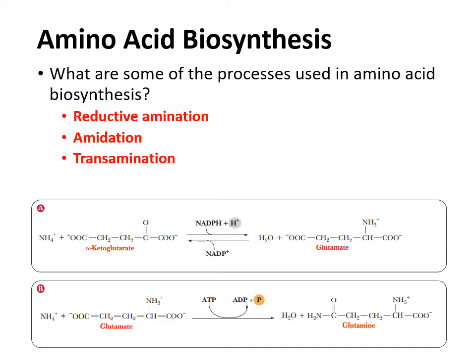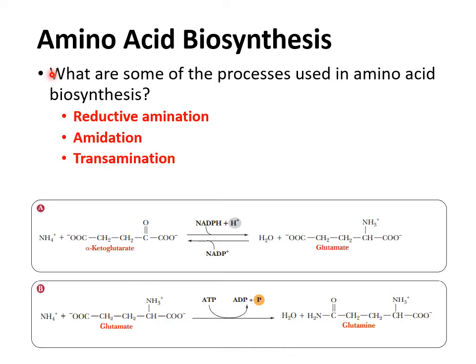Now, when it comes to amino acid biosynthesis, the three main processes that you see occur are reductive amination, amidation, and transamination. Now, the textbook does not go into the details of each of these, so you're not responsible for knowing exactly what occurs in these reactions. I just want you to be able to recognize that these three terms are associated with how amino acids are